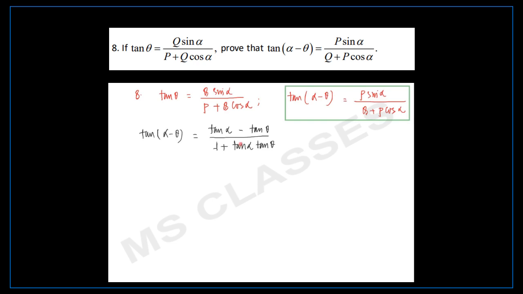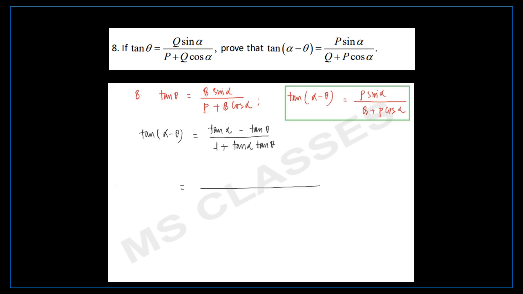Just we're using the formula tan of alpha minus theta is tan alpha minus tan theta by 1 plus tan alpha tan theta. Now, in this case, you can see the tan theta is given in this format. So what we'll do, we'll try to use that. We'll try to eliminate theta and bring alpha. So to do that, there are two ways we can proceed. First of all, we can here put the value, or we can at the beginning only express this in terms of sin alpha by cos alpha, because since this is in terms of sin alpha cos alpha, we need this also in terms of the same form, otherwise we cannot perform the operation. So what we do here,